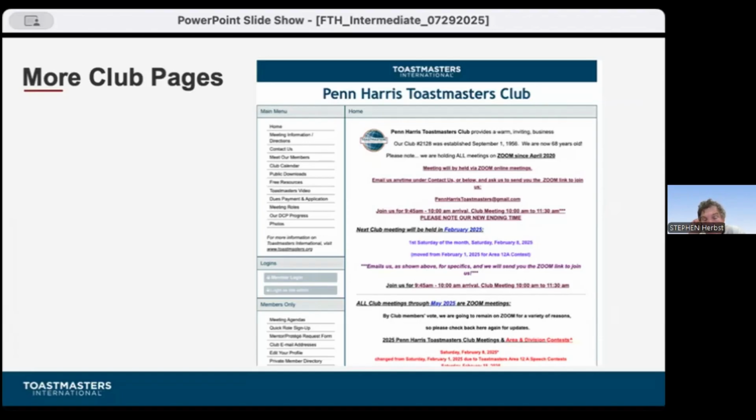Right. You could pick, they assign. They could be added as other officer. You can't have like 2 presidents or 2 secretaries or whatever. But you can add them in as other officer and give them a title like mentor coordinator or something like that, or VPE assistant. They're not going to get Toastmasters International credit for that office, but you can add them in as other officer. Does that help?